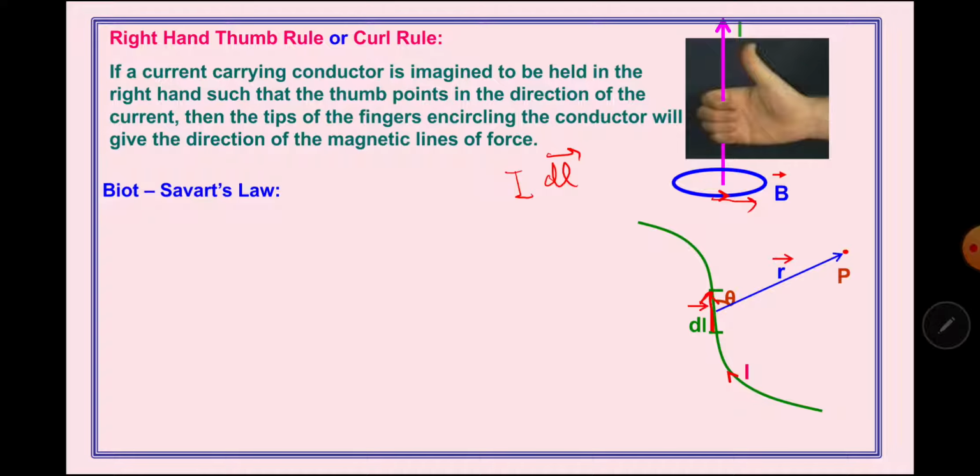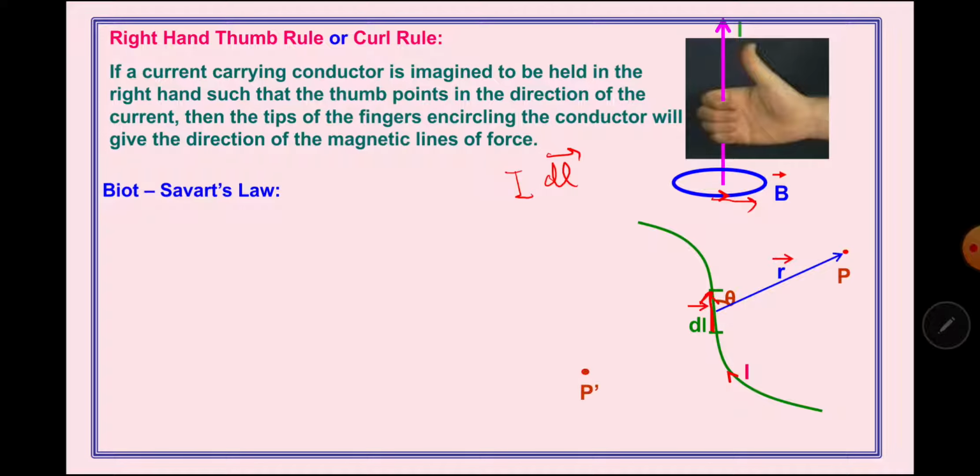So students, we will use Biot-Savart's law to find the magnetic field of this small current element I dl. Remember the formula of Biot-Savart's law: the statement of the law is entirely a mathematical definition. It is nothing but a mathematical expression itself, so the statement is the formula itself. Let us see what that formula states.